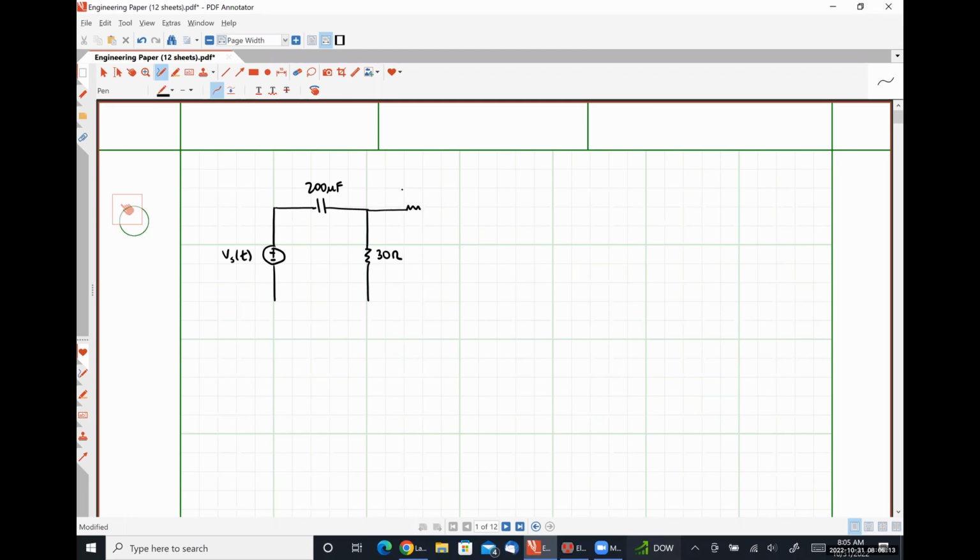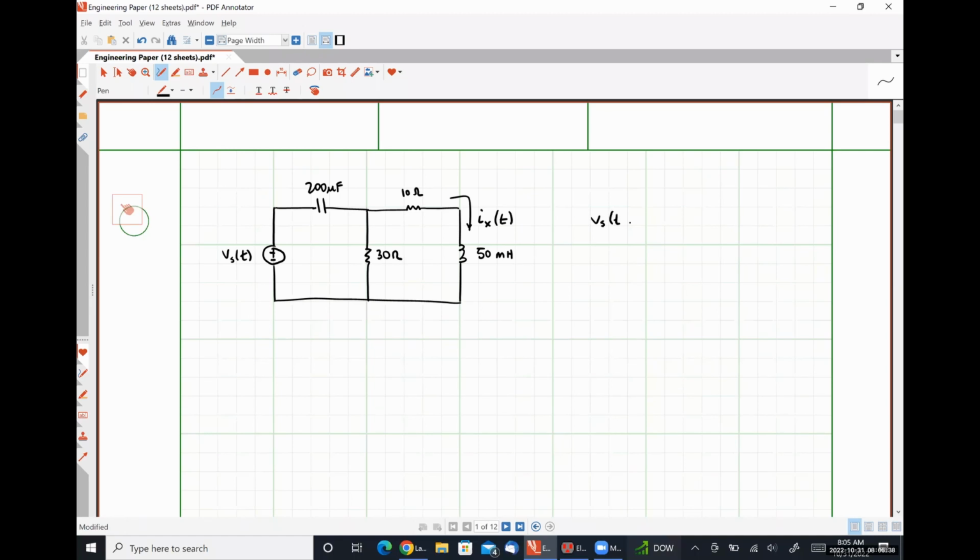Here we have a 10 ohm resistor. Here we have a 50 millihenry inductor. And our goal is going to be to solve for this current Ix of t